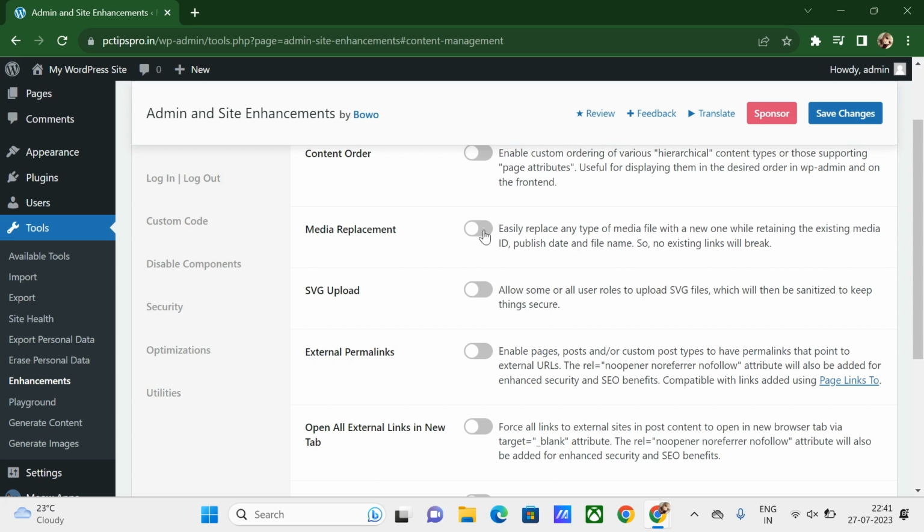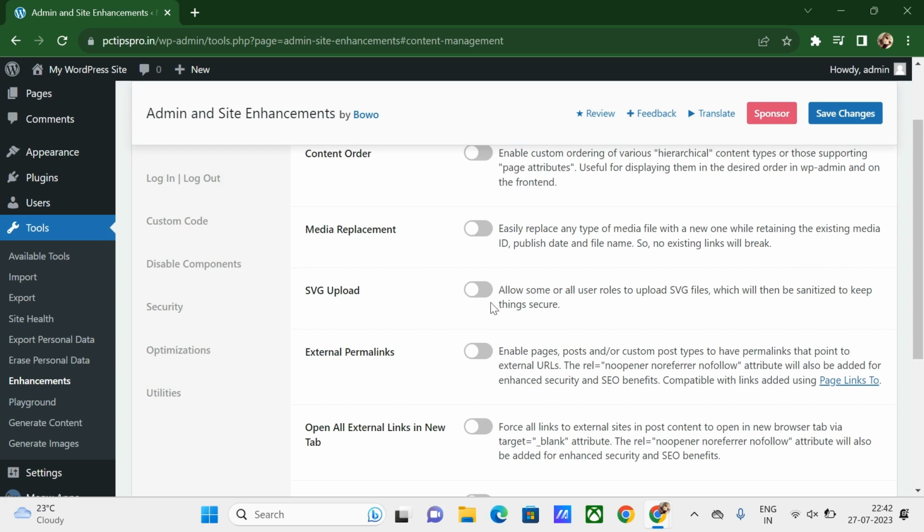If you want to delete the particular image and create another one, you need to give another ID and give the links to the different ID. Instead of all that, we can directly replace the media,